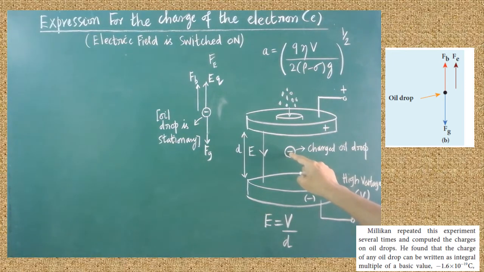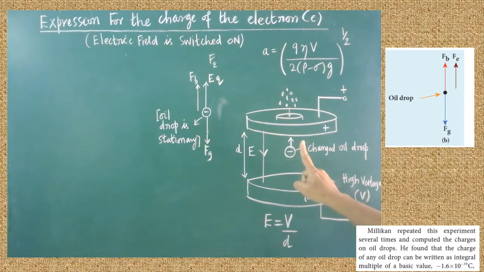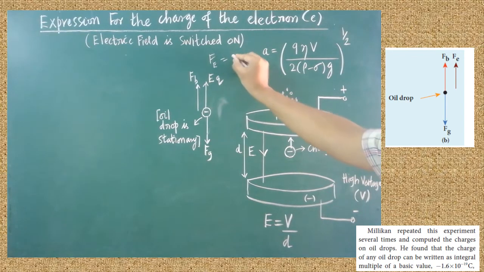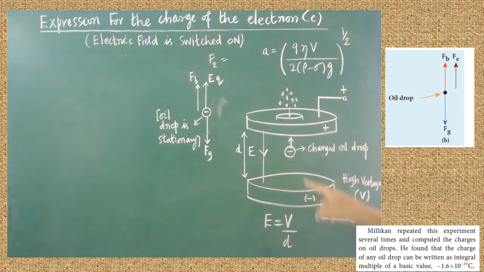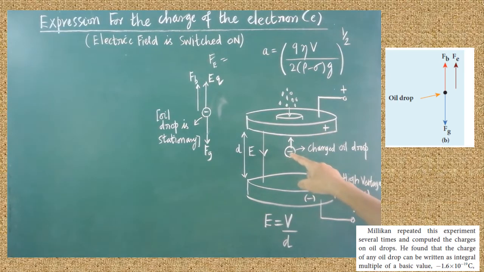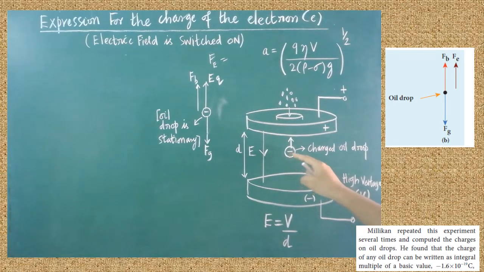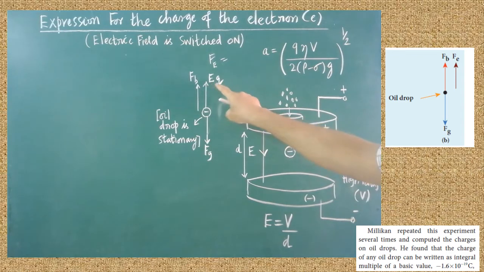Since they are having negative charge, they will experience an upward electric force. Are you clear? So they will be attracted towards the upper plate. That electric force is called Fe. Its expression is Eq. Are you clear? Here we are not able to predict how many charges are sticking on the oil drop. Therefore Eq must be written. Q is nothing but the total amount of charge that is stored or sticking on the oil drop. Therefore the electric force acting on the oil drop, in the upward direction, must be taken as Eq.